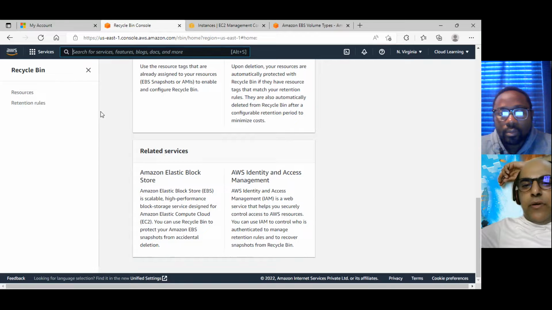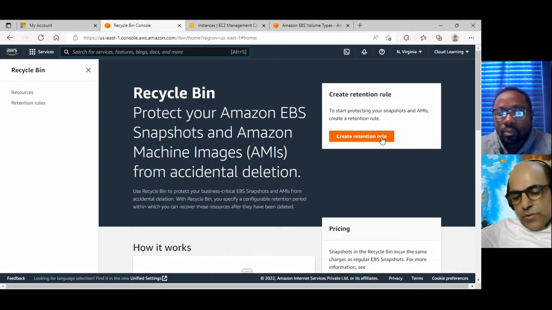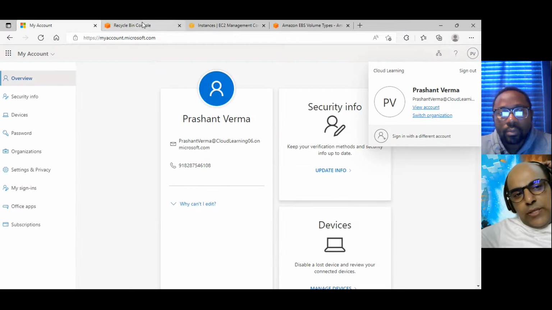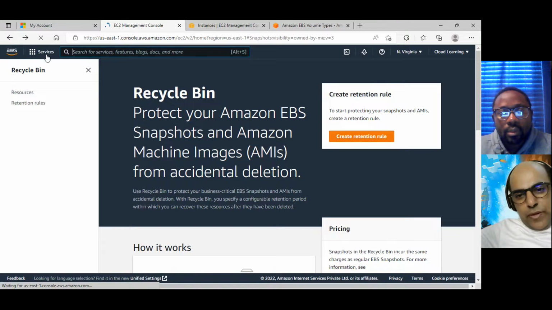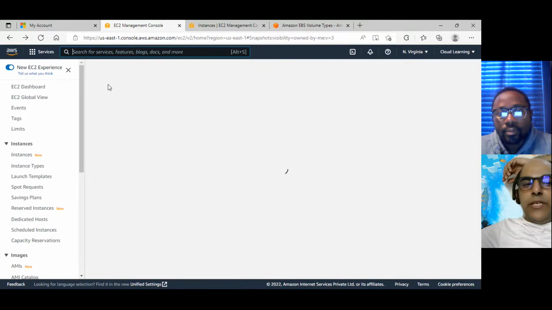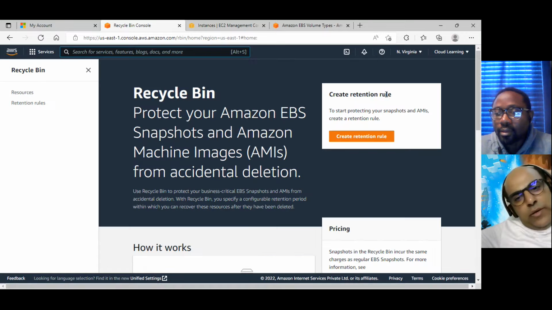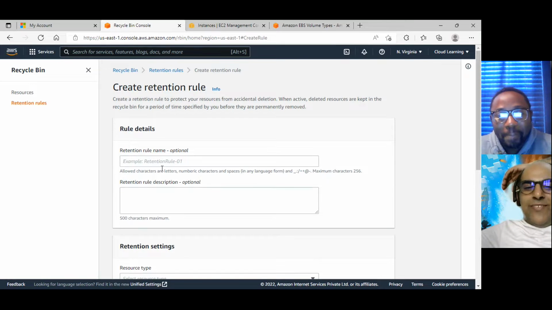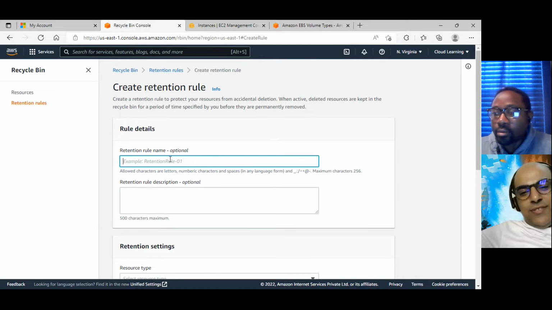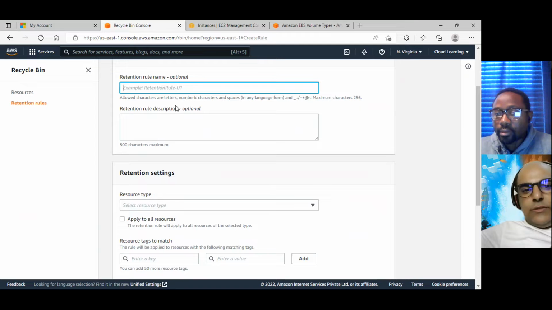You can create a recycle policy actually. Right now, if you delete, everything will be deleted, but you can create a retention rule if you want. Let me open it. But it's chargeable, right? Yes, it would be chargeable for the storage price every time, because you can go back there and get what you added into the recycle bin. You can get it back. Create retention rule.